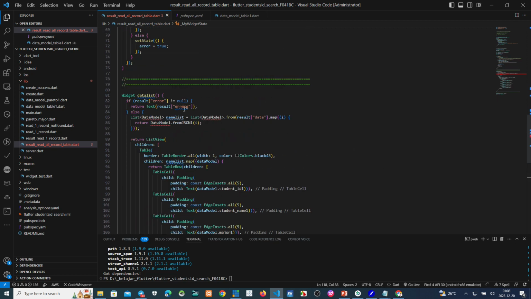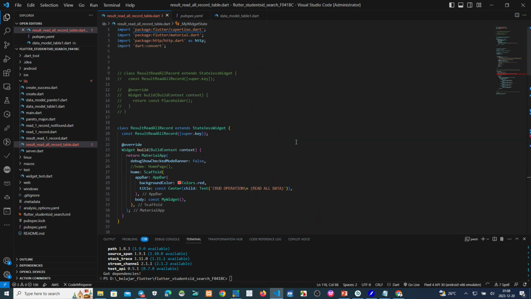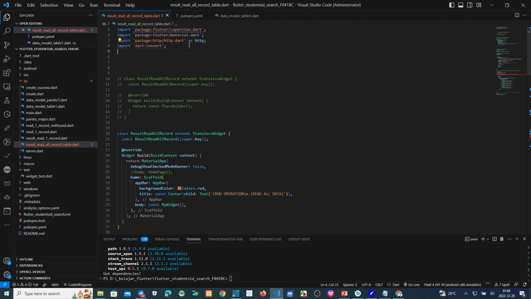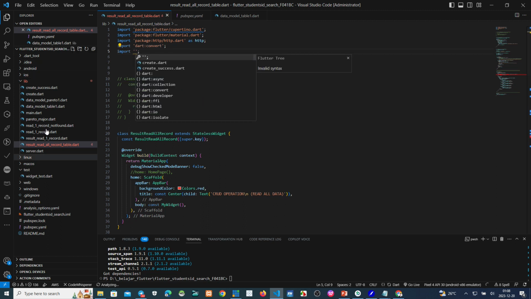Because in the data list we use a data model, we must import the data model in the script. The data model name is Data model table 1.